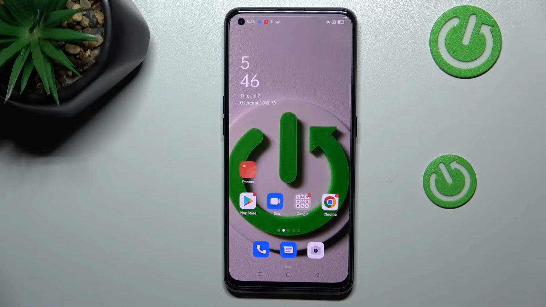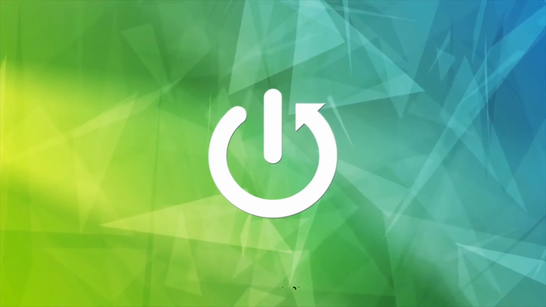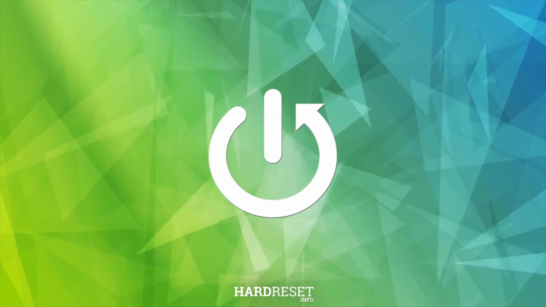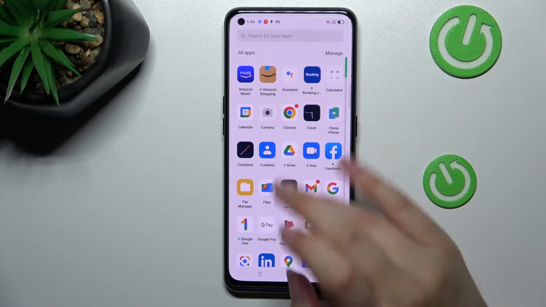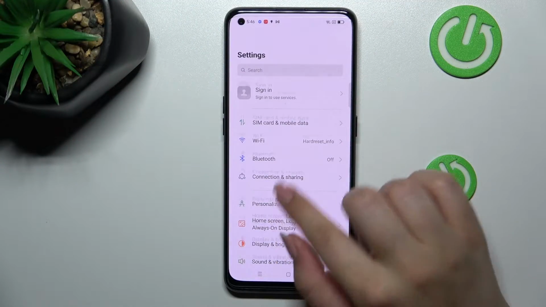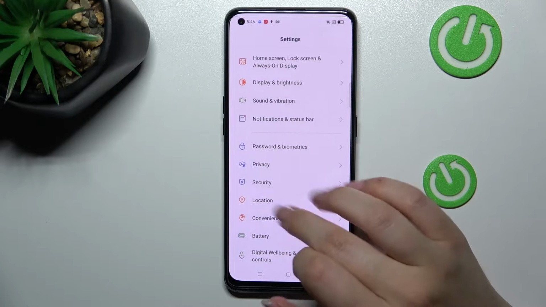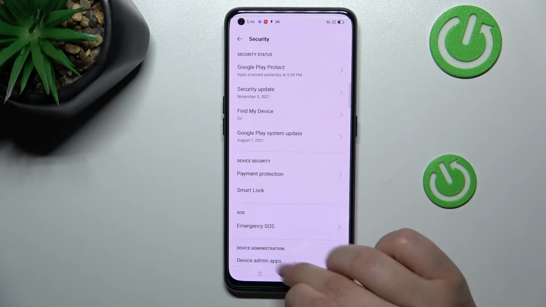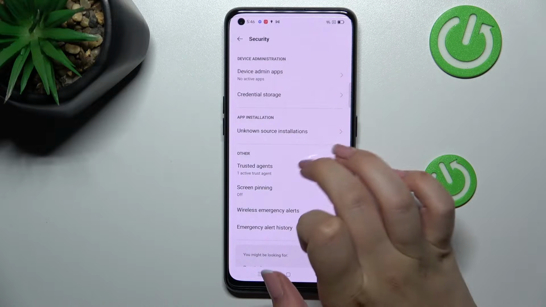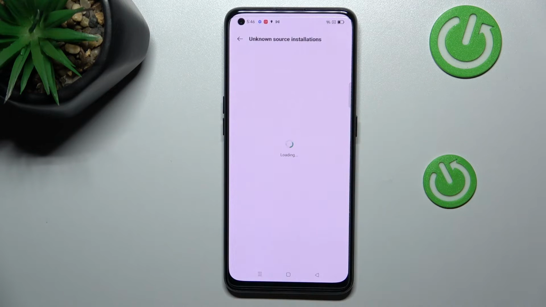Hi everyone, in front of me I've got VIVO IQOO 5 Pro, and let me share with you how to allow unknown sources on this device. So first of all, we have to find and open the settings, and now let's scroll down to find the security option. Now let's scroll down in order to find unknown source installations. Let's enter, and here, as you can see, we've got the list of apps which are allowed or not allowed,